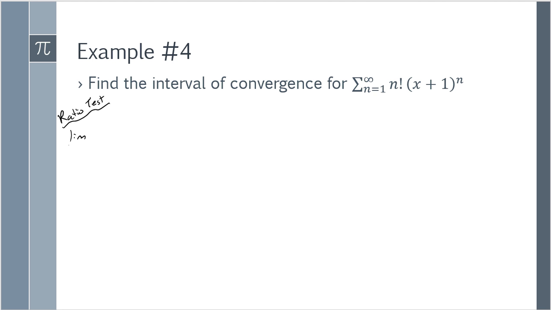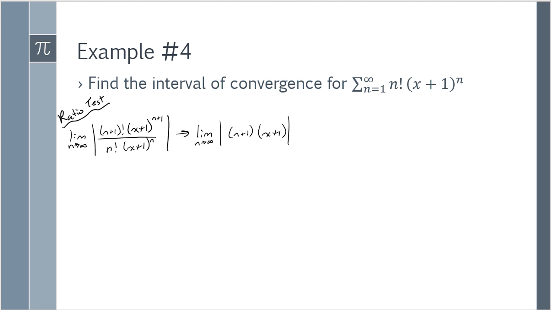So I'm doing the limit as n goes to infinity of the absolute value of n plus 1 factorial times x plus 1 to the n plus 1 compared to n factorial times x plus 1 to the n, which is the limit as n goes to infinity of the absolute value of n plus 1 times x plus 1. Well, as n is going towards infinity, this goes to infinity, which is bigger than 1. So this diverges